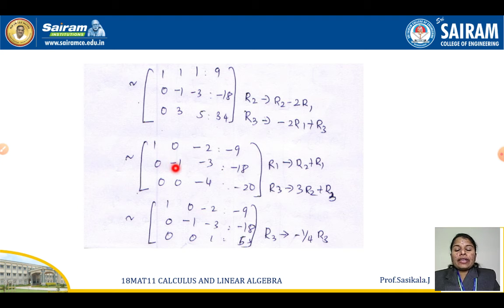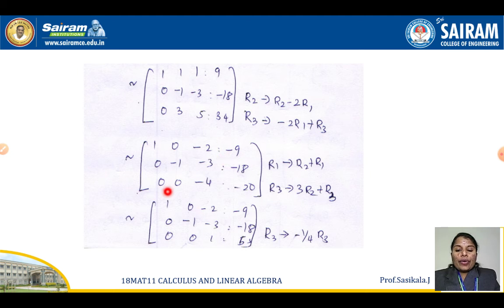Okay. So parallelly you can go with the third row using the second row; the first row second element and third row second element I can also make 0. To make the second element 0, what I did: R1 implies, just add R2 plus R1. So now 1 and minus 1 plus 1 will be 0. Minus 2 plus 1 will be minus 3 plus 1 will be minus 2. Then minus 18, right? Minus 18 plus 9 will be minus 9.